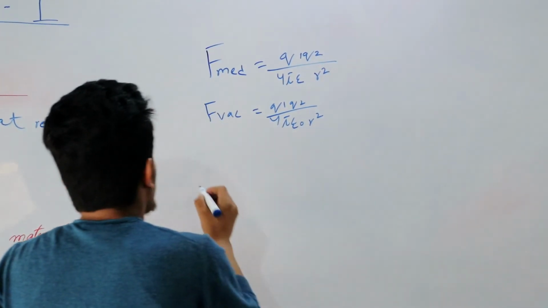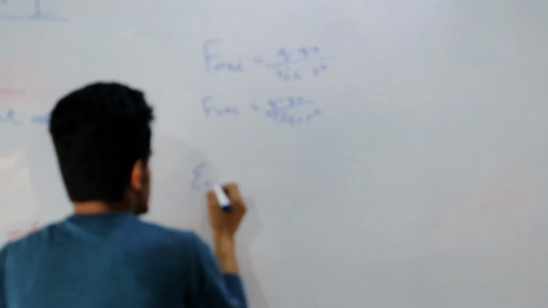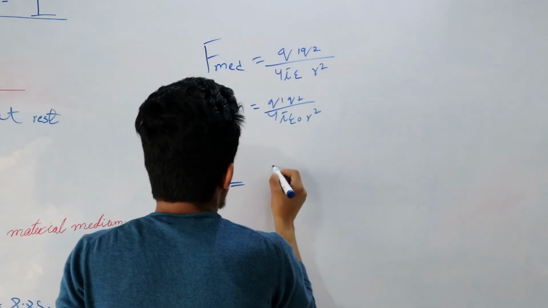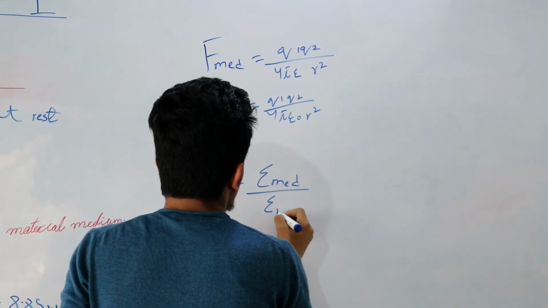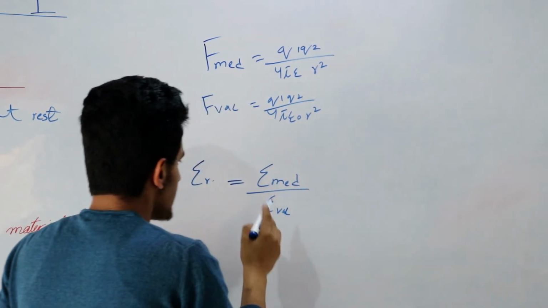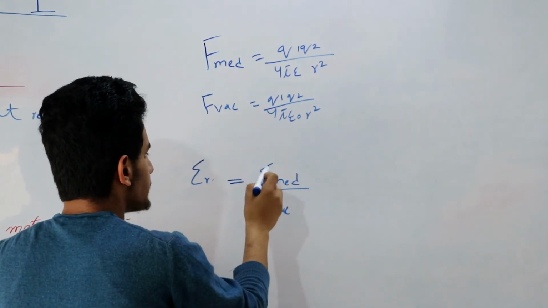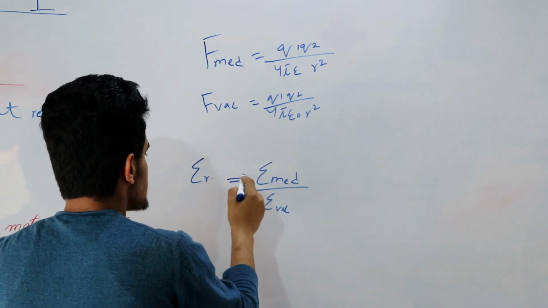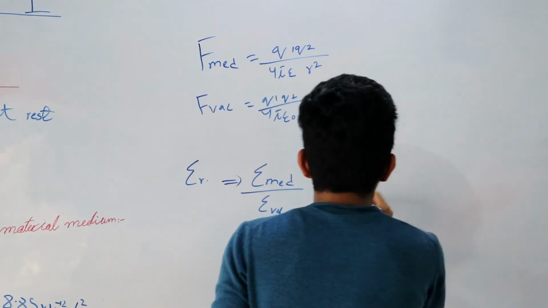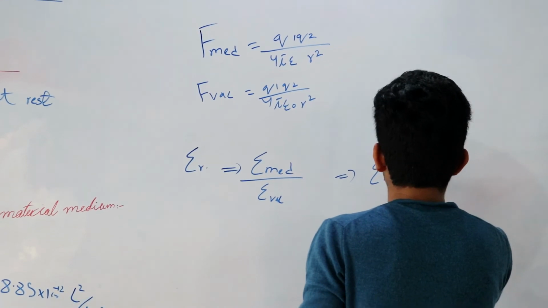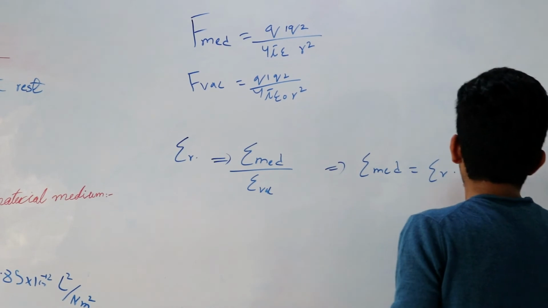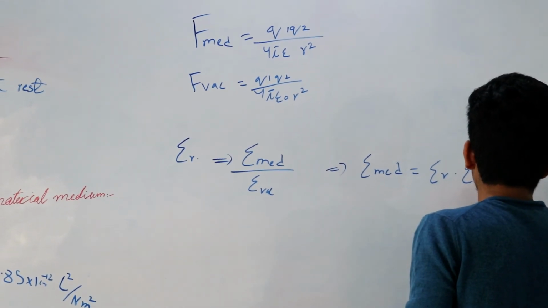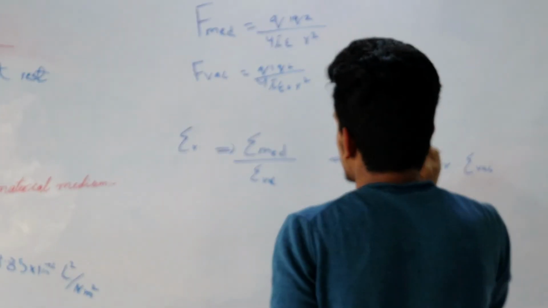As I mentioned before, relative permittivity is equal to the permittivity of the medium divided by the permittivity of vacuum. Now we can find the value of the permittivity of the medium from this equation. So it is equal to relative permittivity times the permittivity of vacuum. Put this value in the first equation, and we will get